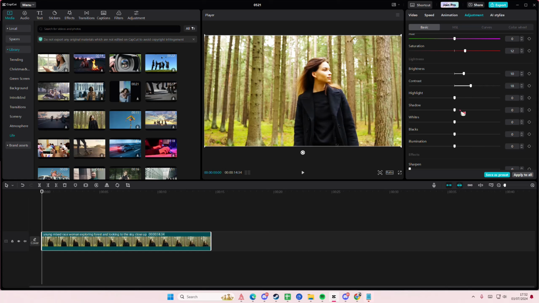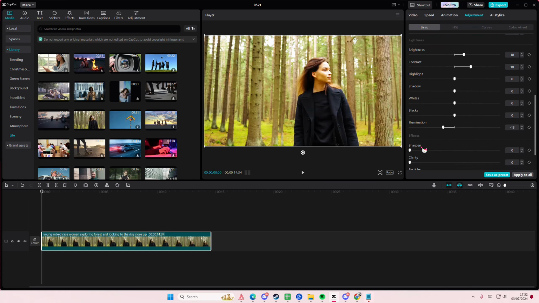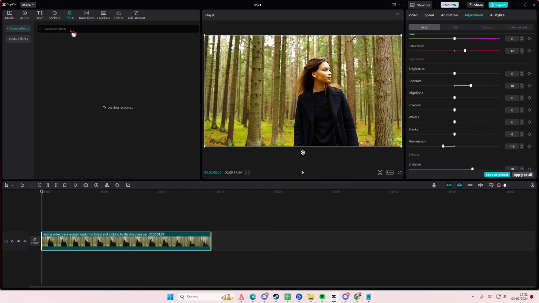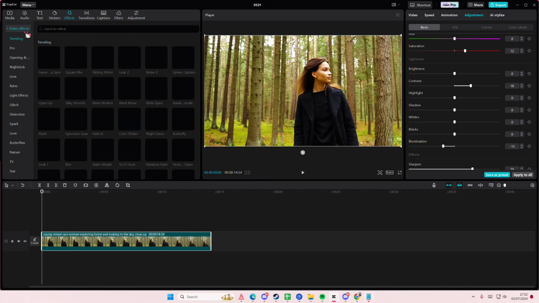Then you are going to go to the illumination one and you're going to do around -13. And you're going to sharpen it up to around 70. My video is a little bit too bright, so I'm just going to adjust the brightness again. You don't have to. Then I'm going to go to the effects section here, and I'm going to go to